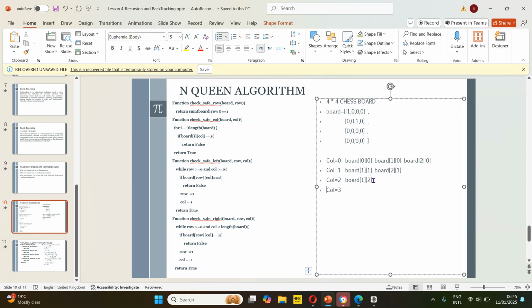So we are in row 2, column 1, which is not safe. So we take it back to row 1, column 2, which is this one here. So this one here we change to 0